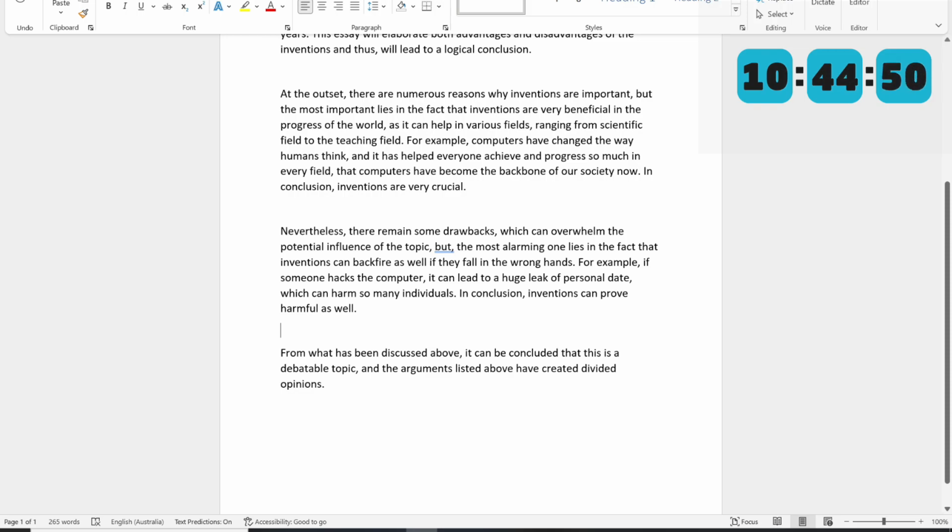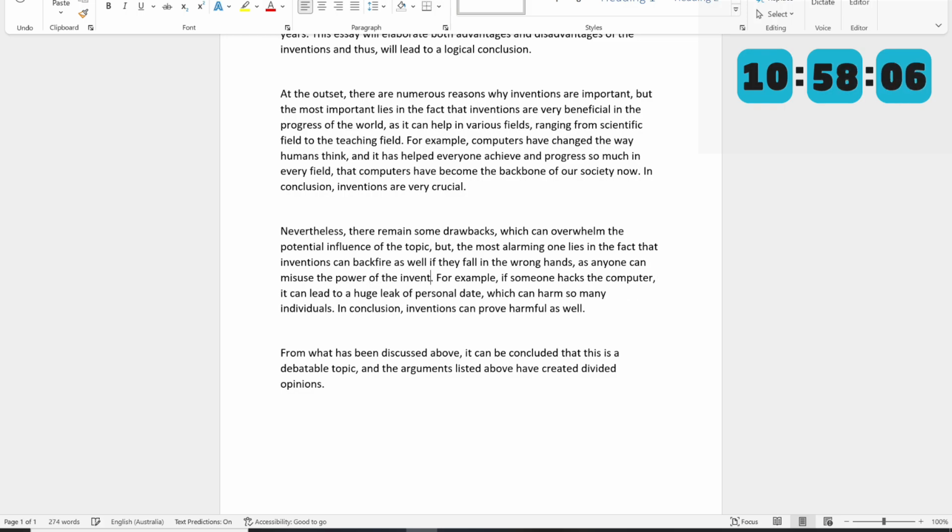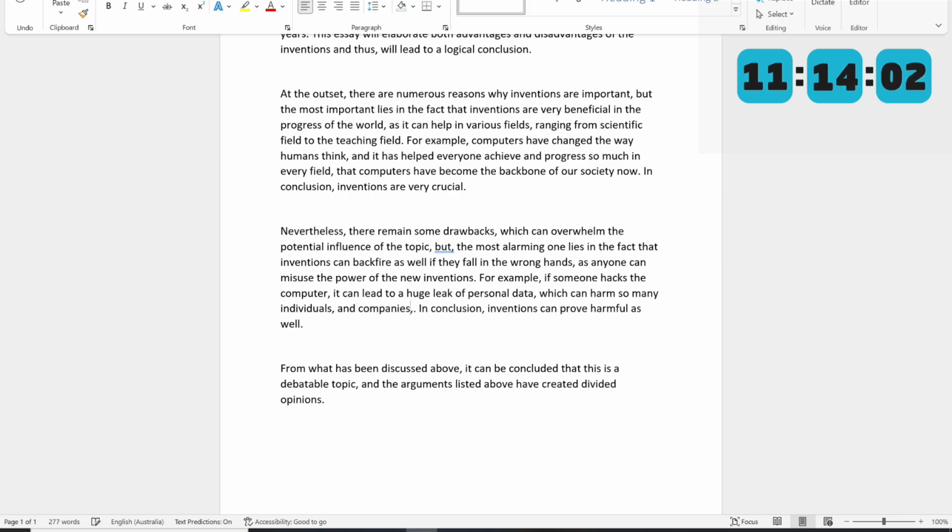Nevertheless, there remain some drawbacks which can overwhelm the potential influence of the topic, but the most alarming one lies in the fact that inventions can backfire as well if they fall in the wrong hands, as anyone can misuse the power of the new inventions. For example, if someone hacks the computer, it can lead to a huge leak of personal data, which can harm so many individuals and companies, and can even lead to major disasters